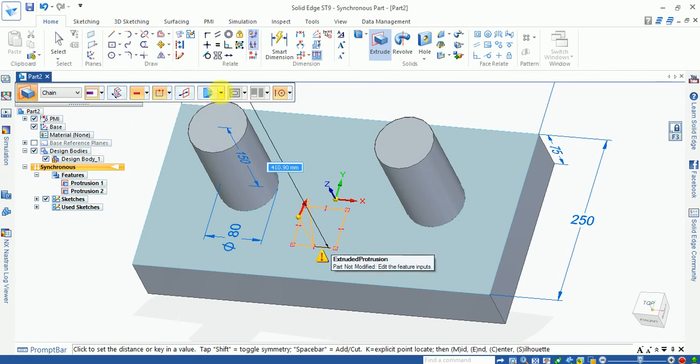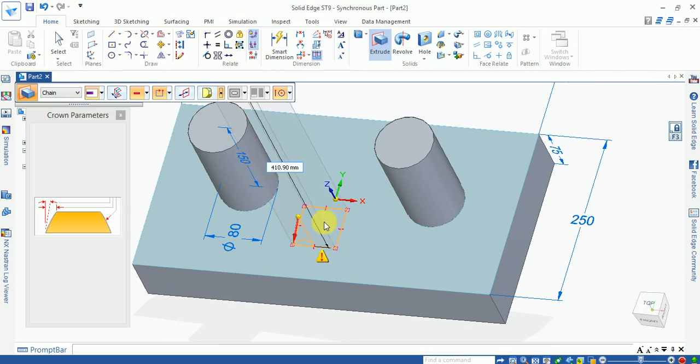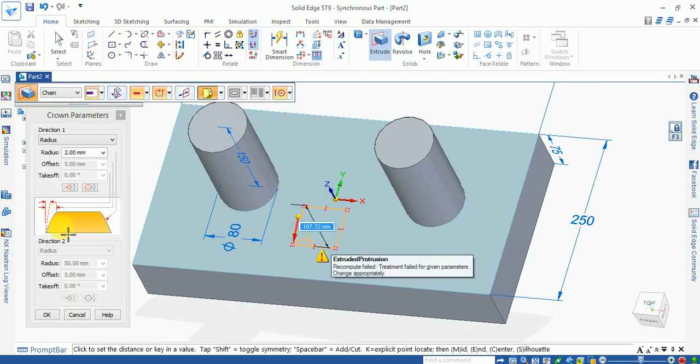Another option available is the crown option. You can provide the radius at the corners, at the edges. In place of the draft angle, you can enter the radius here.